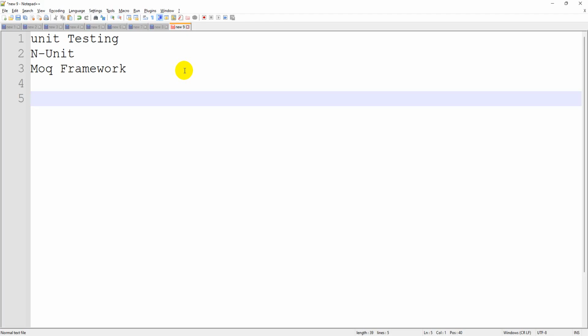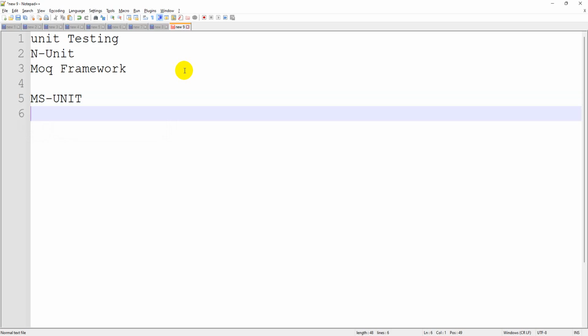Unit testing can be developed, implemented or tested, anything you can call it, by developers themselves. Okay, so whenever we are using Visual Studio, Visual Studio has a default unit testing framework, which is called MS Unit Test. This comes by default whenever we are creating a unit testing project. So here you are not going to learn any new code, guys. Here it is a very simple framework. Unit testing you can easily understand.